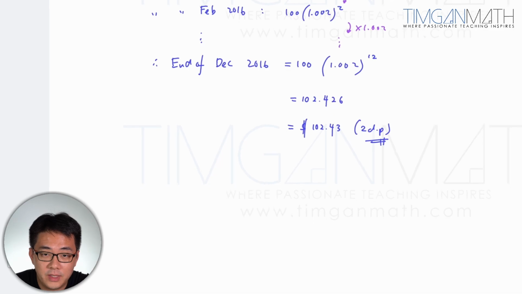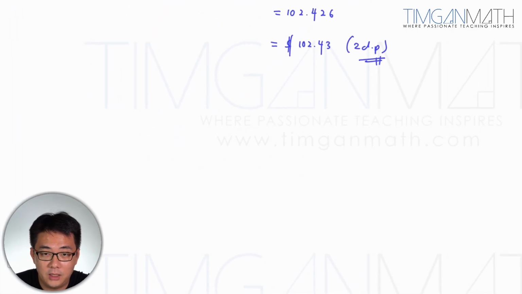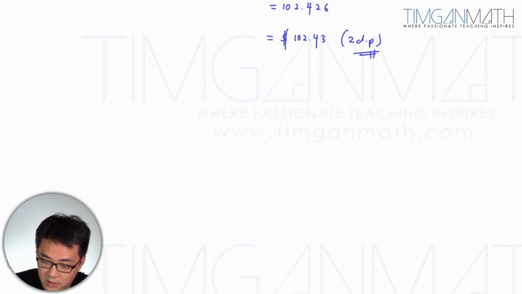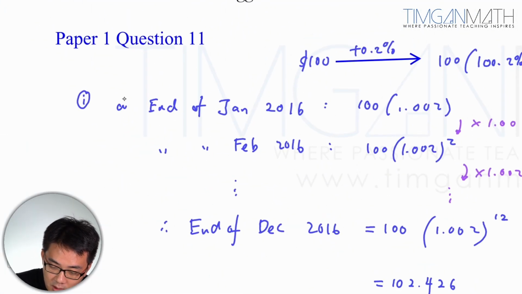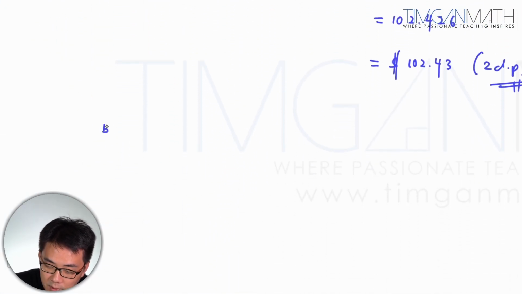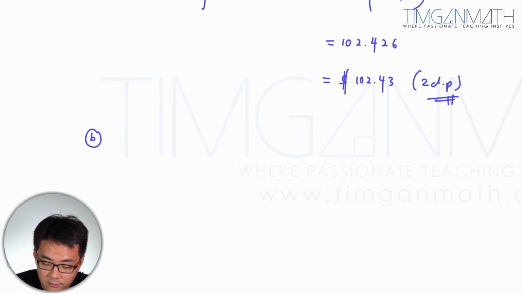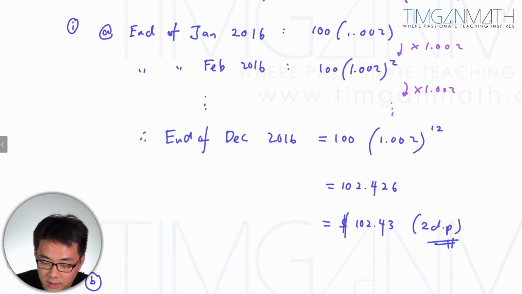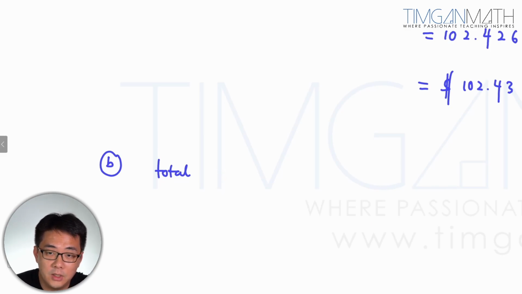Mr. Wong invests 100 on the first day of each month of the 12 months of 2016. Find the total amount in the account at the end of 31st December 2016. Okay, so this is part A, and this is part B. Great. So this is pretty okay. I think what you can write now is, if you're using this method here, I think it's pretty okay. So this will be the total. Find the amount in the account at the end. So the total amount,